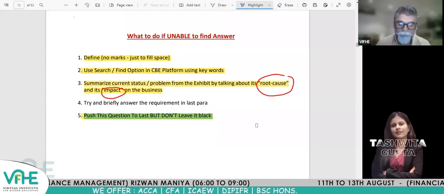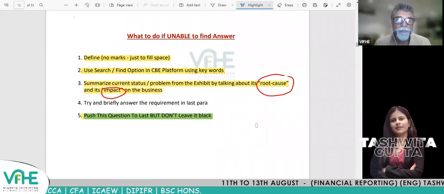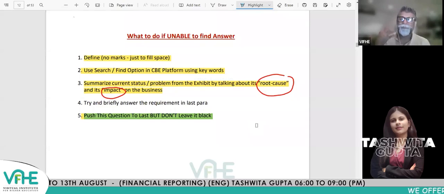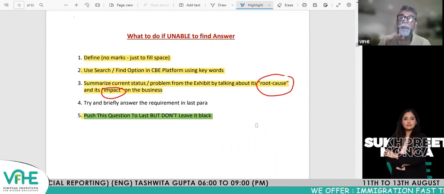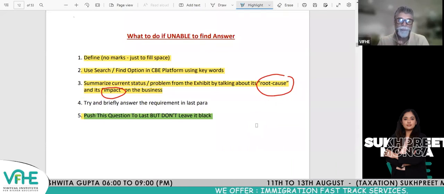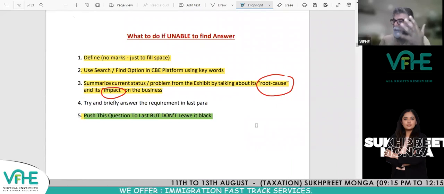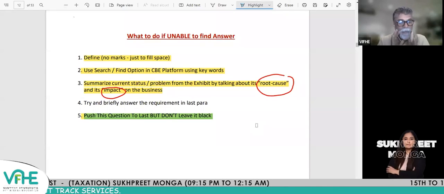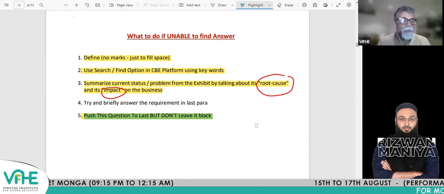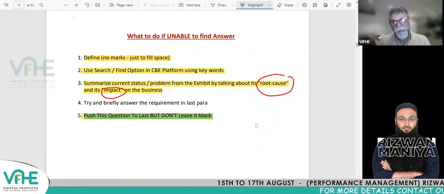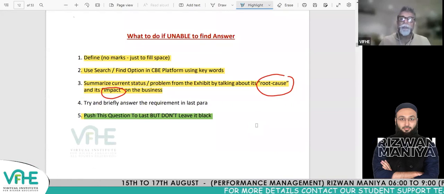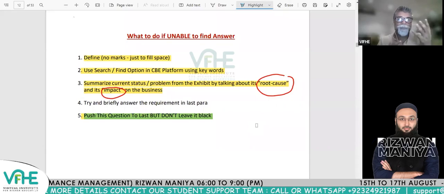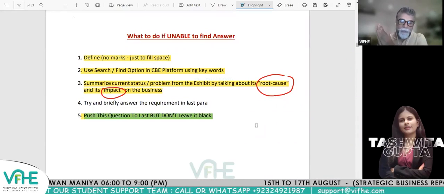So any such question where you feel that there is no information and you have to do all these things like search and then define and just bluff, please push this question to the last. Do not try to do such questions in the middle, because once you start bluffing and you start panicking, you will not realize and your time management will go out of control. Any question where you feel that you are really struggling, you're not able to find information, you can easily identify such questions, push it towards the end. Okay. And then when you are left with some time in the end, you can do all these fancy search things and bluffing and this and that. But in the end,